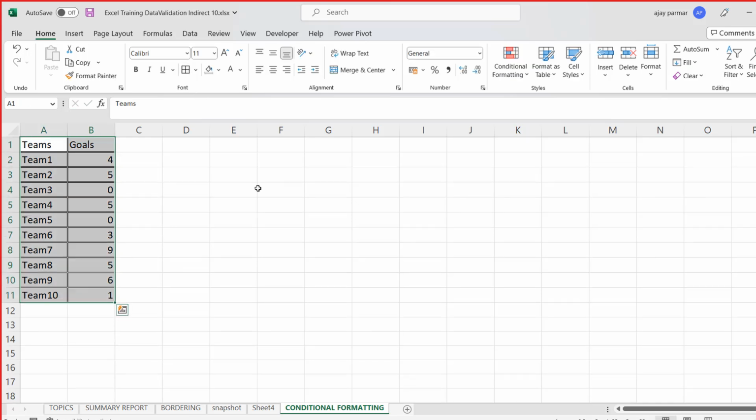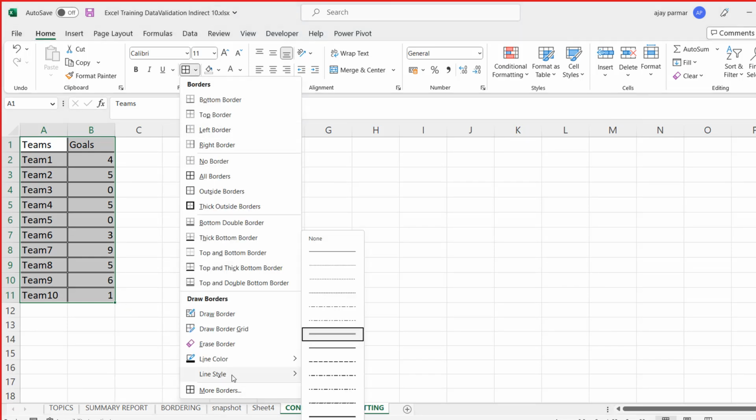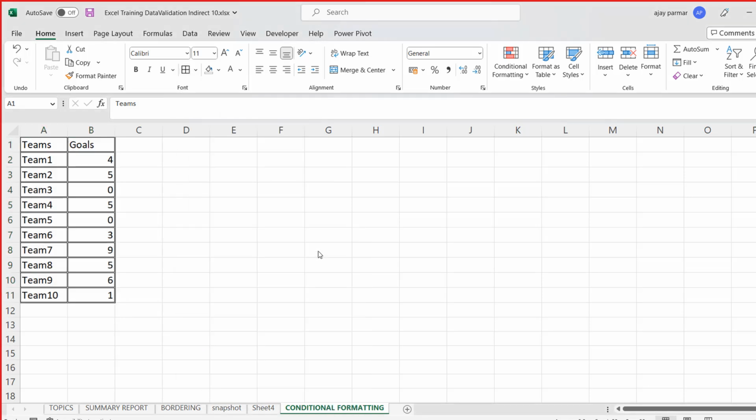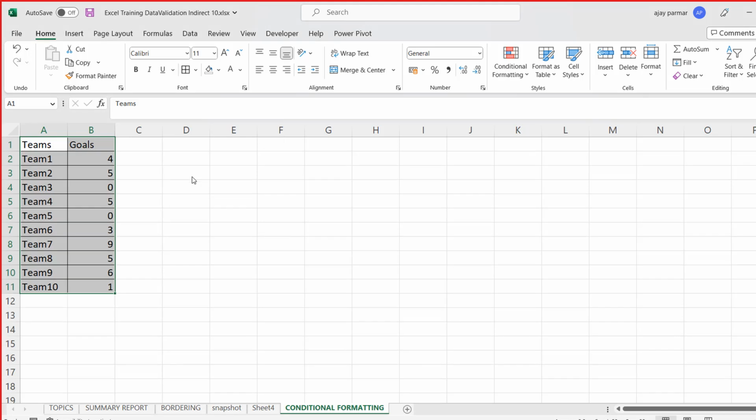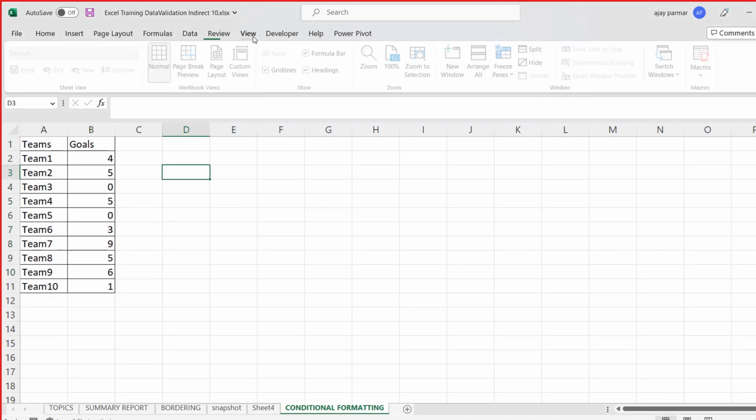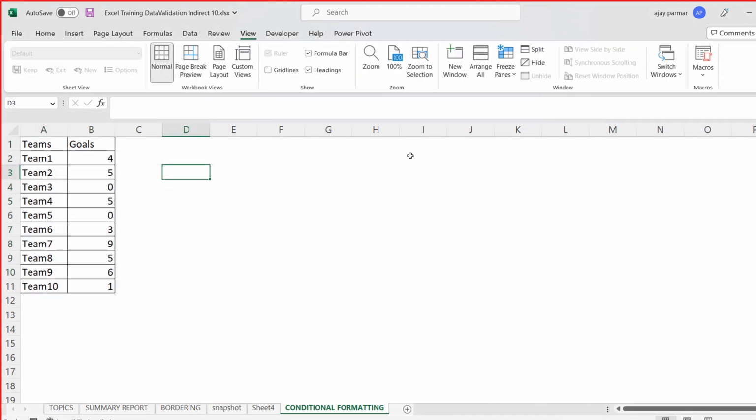We are saying here that, let me change the grid line. I don't want actually this line style. Let's come back to the original one and let's go back here and use this one now. Yeah, there we go. So what I want to do is I want to say that if the goal is 0, right? Because negative can't be there. So if the goal is 0,